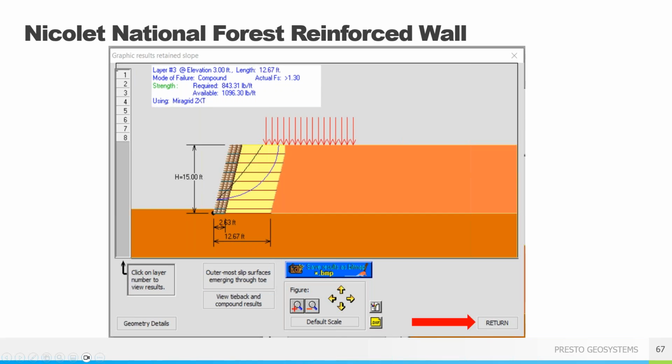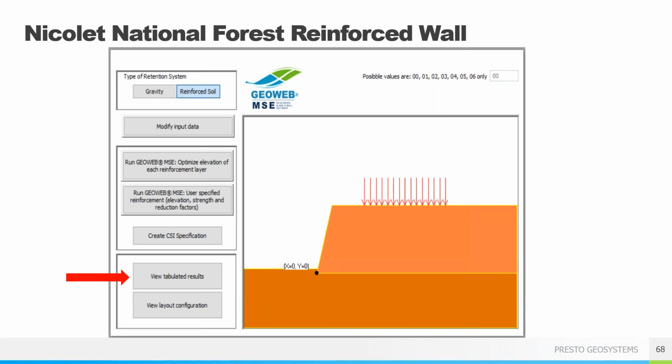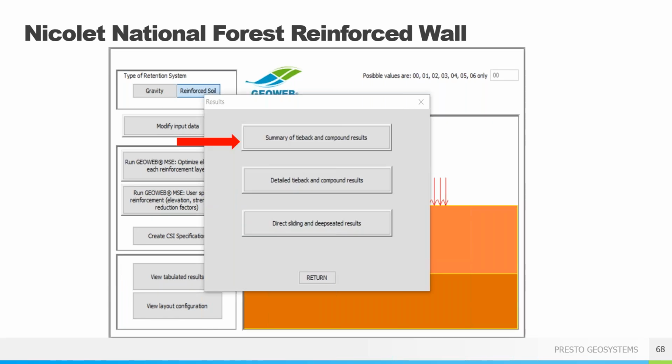You know, the price of the GeoGrids is not that significant. So if you're looking at different types of GeoGrid over a small reinforced wall, I would just go with, say, for instance, this one. Since 2XT didn't work for the entire wall, 3XT did. I would look at just going with the 3XT to make sure that it's hard to get wrong in the field. Sometimes the contractors may get confused over where to put the 2XT versus 3XT. So we can work with you and our distributors to show you the price difference in those two grids. But most of the time, especially on these smaller walls, it is pretty insignificant.